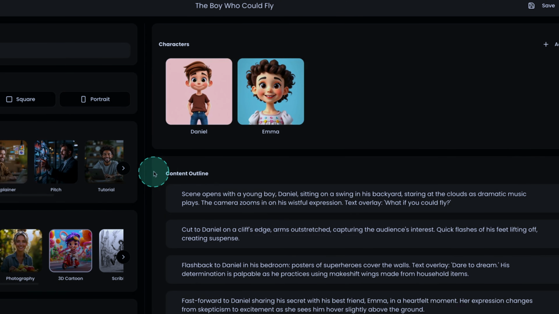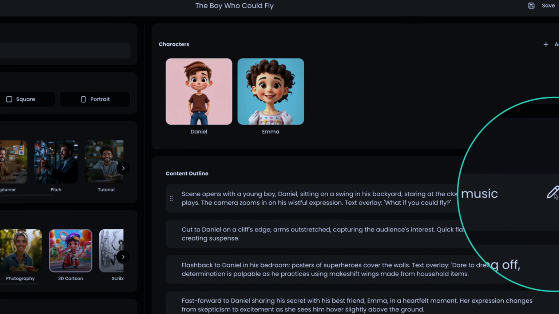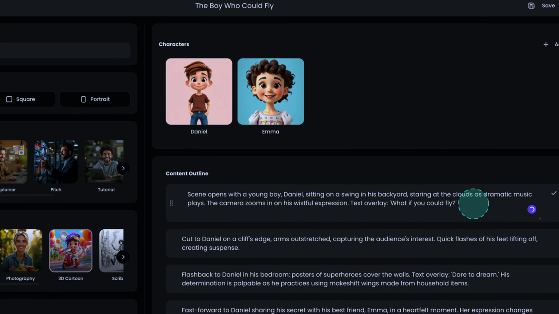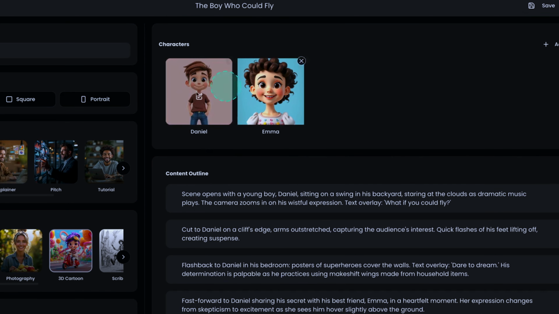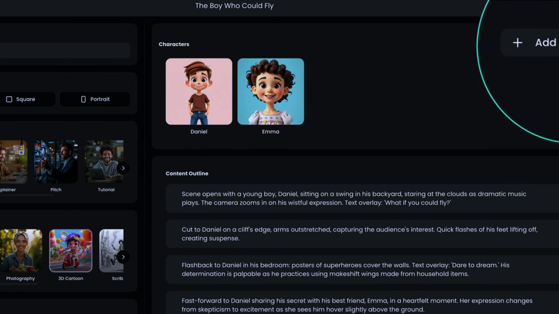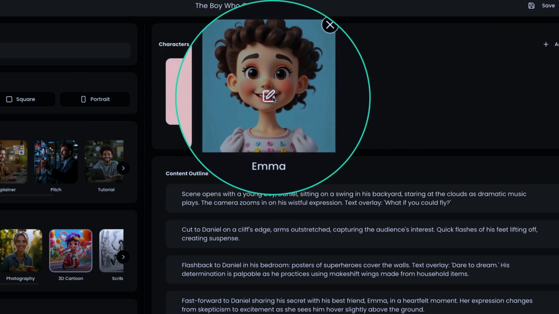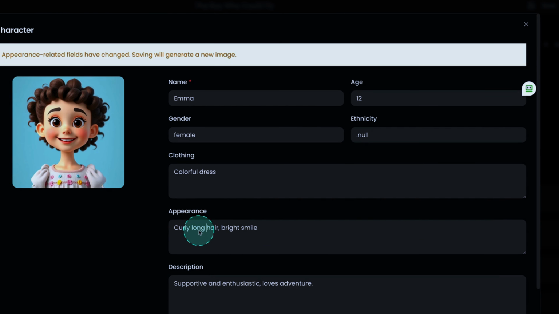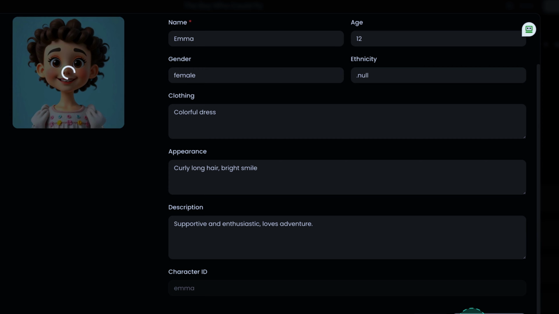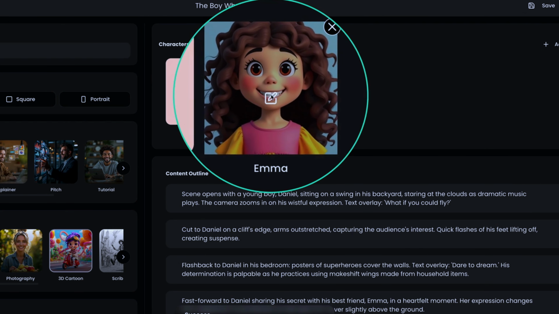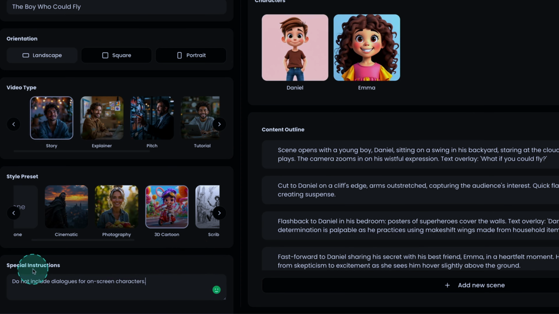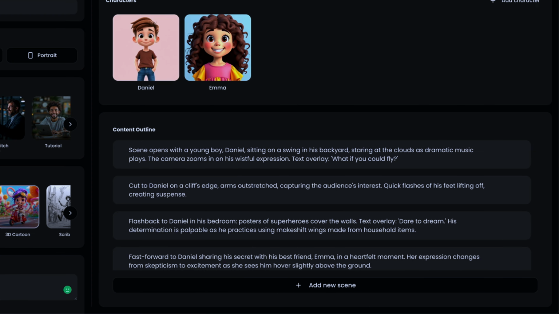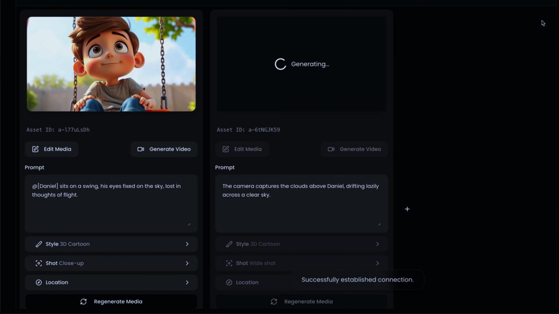Now, what the software does is it gives you an entire content outline, a story outline. You just gave it one prompt, but it gave you a complete story outline. You can go ahead and edit each of the characters. You can edit the story outline. So you can edit that before you actually go about doing it. Now, for example, if I want to change this particular character, all that you need to do is just enter how you want this character to look and click on generate, and it will generate a different character. So you can see now the character has long hair, and on the left hand side you can enter any special instructions that you want, and once that is done you just click on generate and it goes about